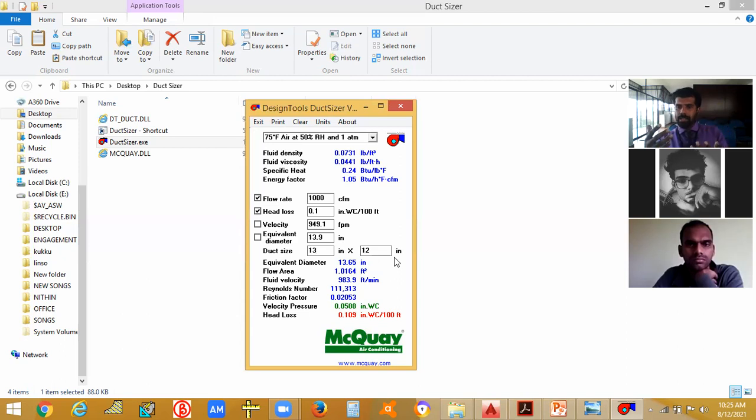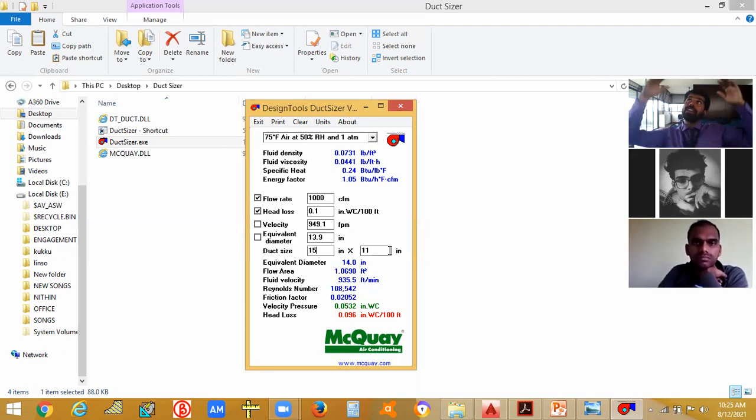In some cases, if I don't have a 12 inch gap between the false ceiling and the roof, what will I do? I will increase its width so that I can decrease its height. See, I can adjust this height according to my need. And not only that, I have to make sure that it should not go beyond the 1:4 or 4:1 ratio. That also I have to keep in mind.